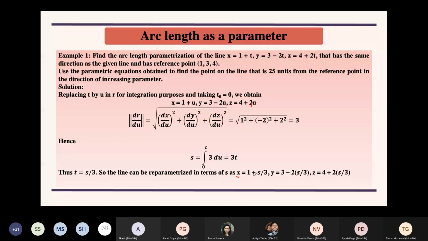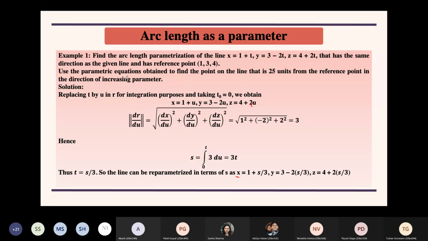So now we don't have to know the value of t. If we get to know the value of s, then we can find the coordinates of the point on that line. And there is another part of the question that we have to use this particular representation to find the coordinates of the point that is 25 units from the reference point in the